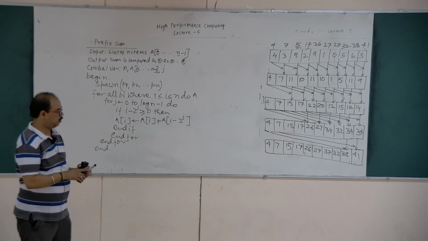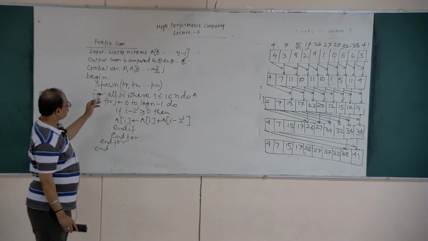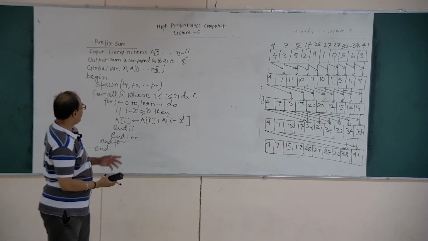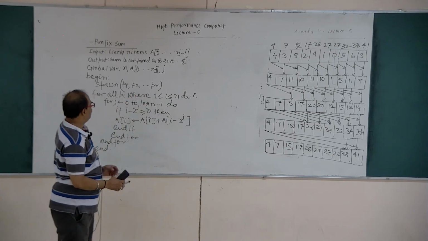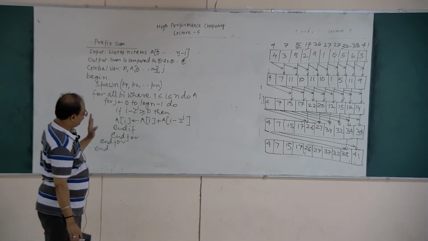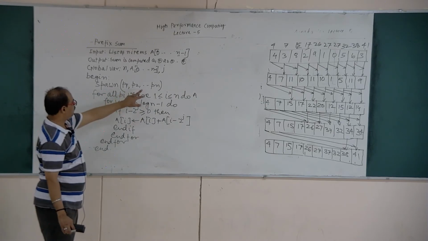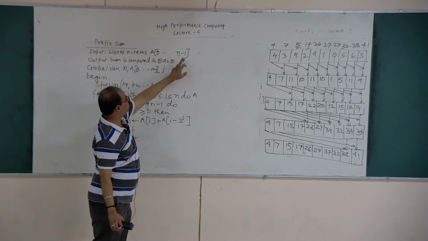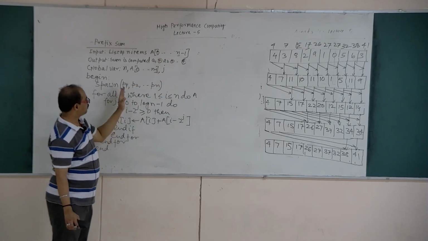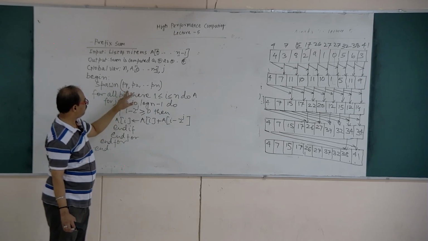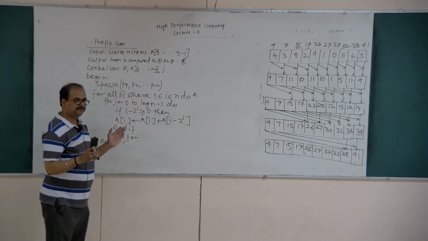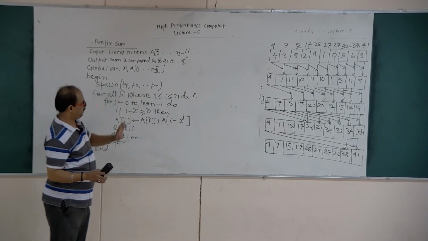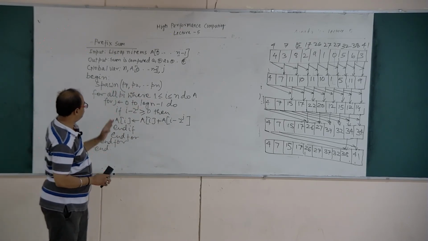In the last class also we have discussed this. In this problem we use n minus 1 processors. Why? Here I have written P1 to Pn, but you can see the numbers are from 0 to n minus 1, and the processors that we use are from 1 to n. So if the numbers are 0 to n minus 1, it will be 1 to n, so one less than the size of the input data.